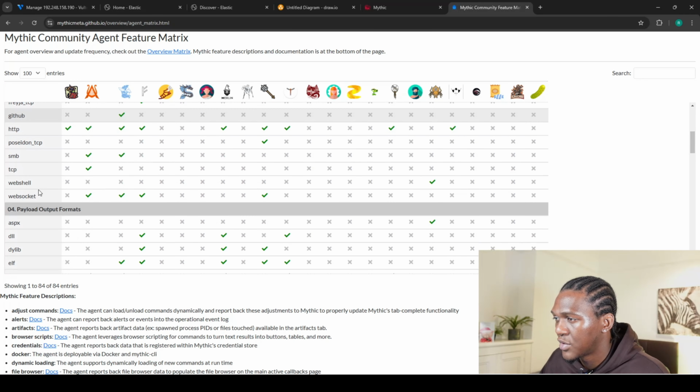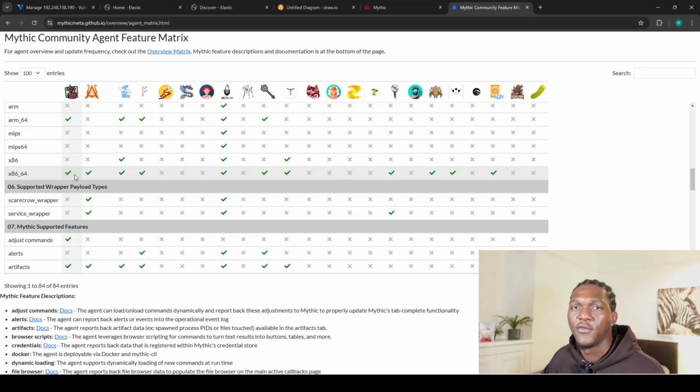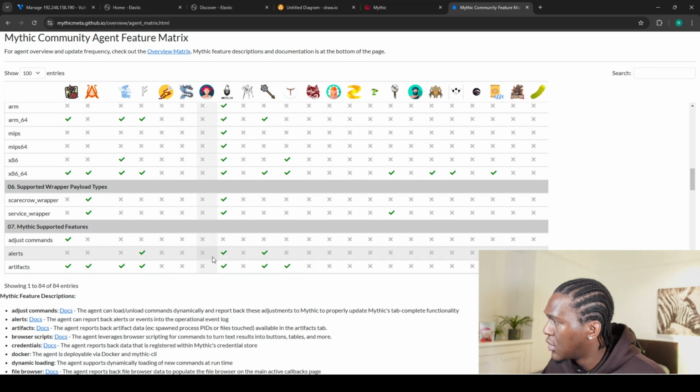Supported C2 profiles, CCP. So this shows you all of its capabilities, what the Mythic agent can literally do. This is a powerful tool for you to establish command and control basically. So now we're going to go back to the Mythic